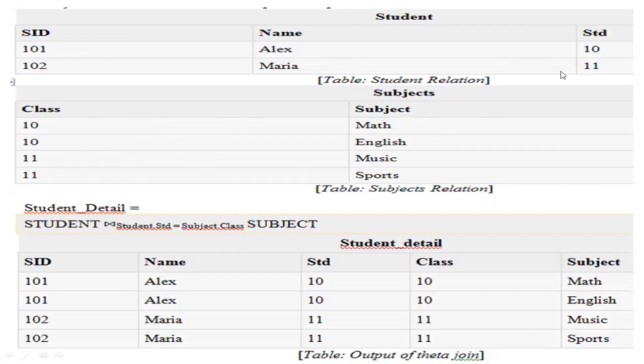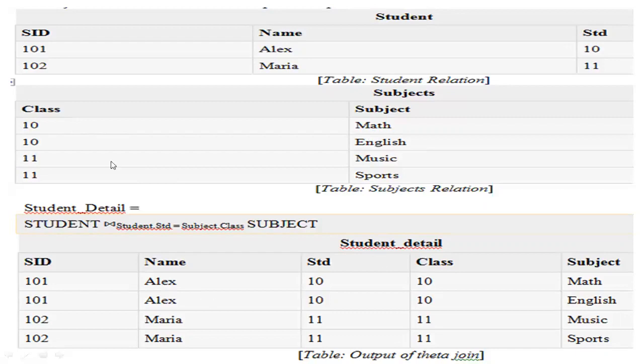So here first you will take 10 and then here also 10. So these two values are matching. What you'll do is, 10 and 10, you take the entire record. That is 101, Alex, 10, 10, and then math. Then what is the second one? Again 10, the second record from the subject table, and 10, 10 you are going to match, and then 101, Alex, and then 10, English. So in the second table you have two 10 values, right? Here English and Math. So we are combining those here, right?